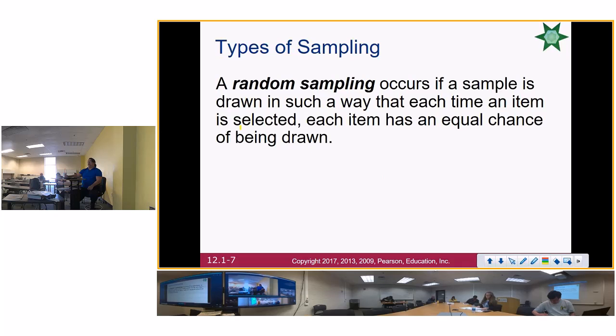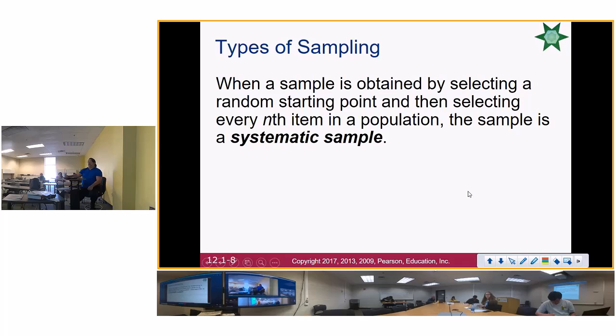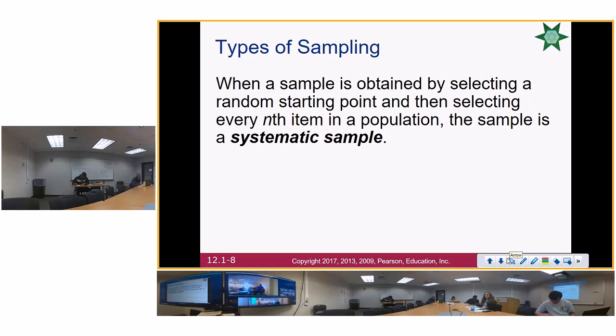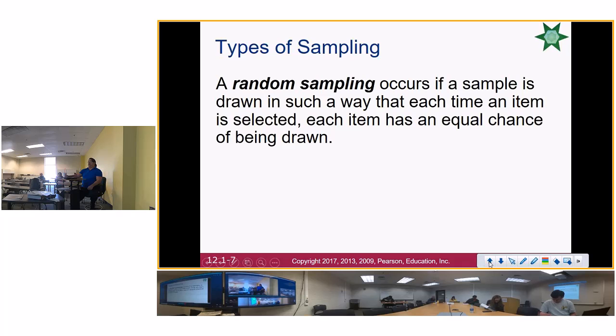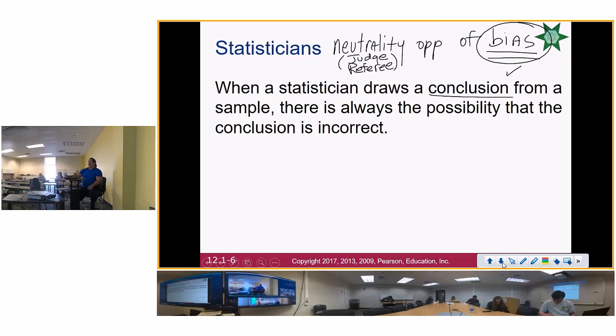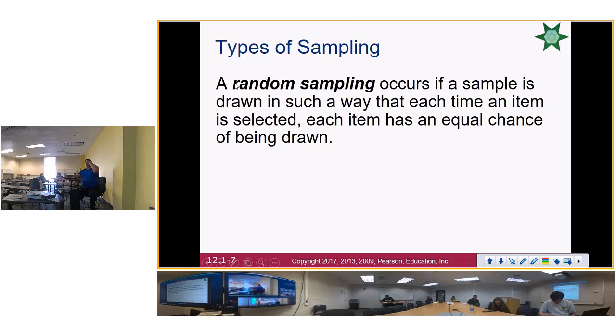Okay, let me see what the next one is. I want to get to a good stop. Okay, let's just stop at random sample, because there's five different kinds of samples, and I'm going to stop at random. So I need y'all to write down random sample, and that's where we're going to pick up, okay? All right, let me shut off the recorder.